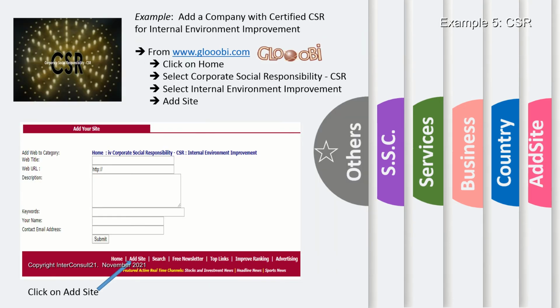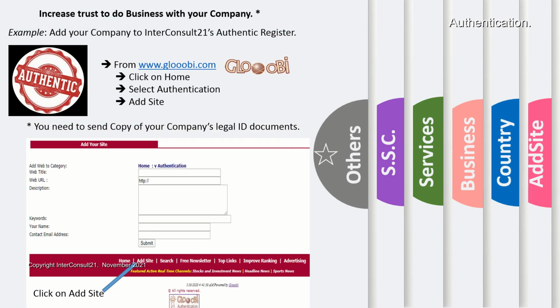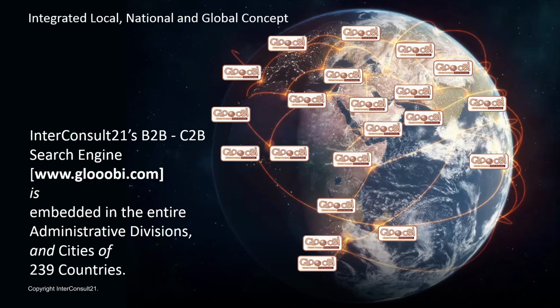Example 5, Corporate Social Responsibility, CSR. A potential member with certified CSR for internal environment improvement can add the company at the CSR category, plus many more ever-growing categories. An approved added site is instantly visible on the open internet, and in Interconsult 21's integrated, local, national and